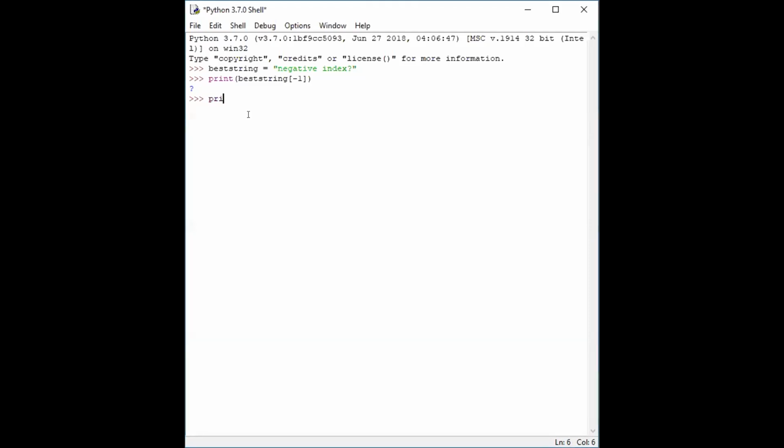So then we can say a string negative 6 through negative 1, right? And as a reminder, it'll stop just before the last number, the second number. Right, so